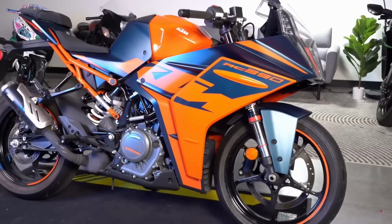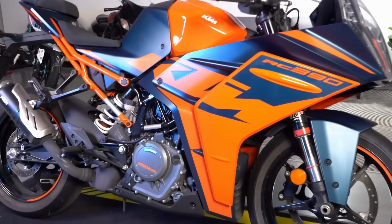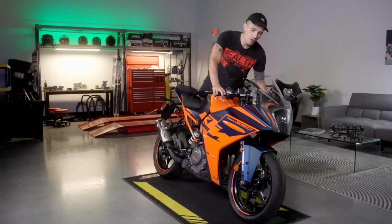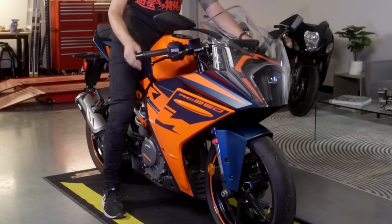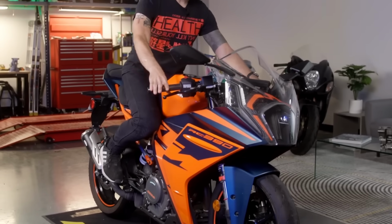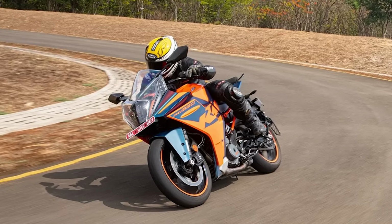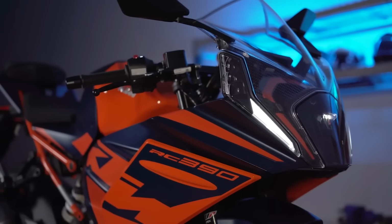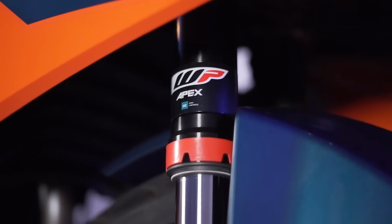After the 2017 model year, these bikes saw an upgraded tech package with LED lighting, a TFT display, and a ride-by-wire throttle system. The RC390 has always been the super sporty beginner bike option, and it continues to be so today with a much taller seat height and more aggressive riding positions. The Duke 390 and RC390 have mostly run in tandem since their release, sharing components like WP suspension and Bybre